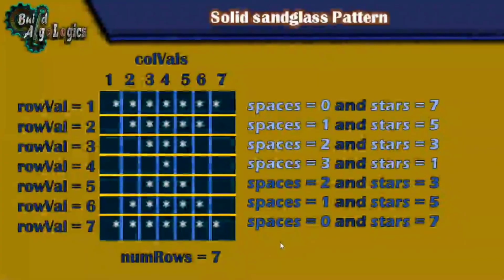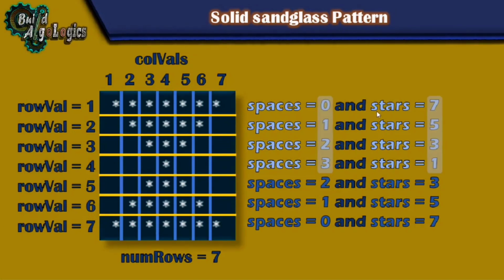So here for our second solution, I am taking numbers as 7. See this output here. For the first row, the number of spaces is 0 and the number of stars is 7, which is nothing but our numbers in the general solution, as numbers is nothing but 7 here. Similarly, for the second row, the number of spaces is 1 and the number of stars is 5. And for the third row, the number of spaces is 2 and the number of stars is 3. And for the fourth row, the number of spaces is 3 and stars is 1. It means that the number of spaces is incrementing by 1 each time and the number of stars is decrementing by 2 each time. But from row 4, this behavior gets completely opposite.